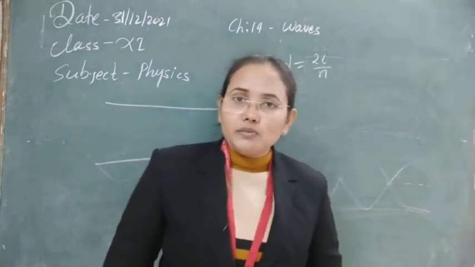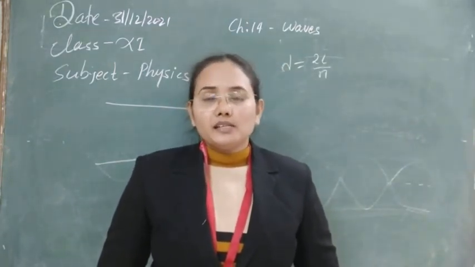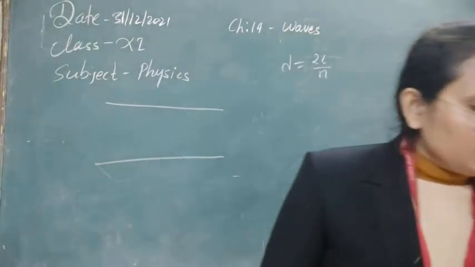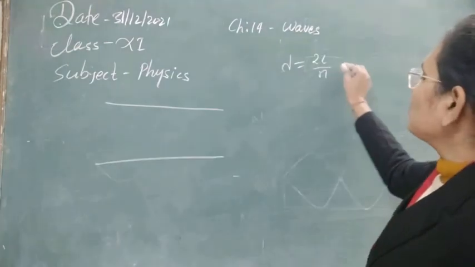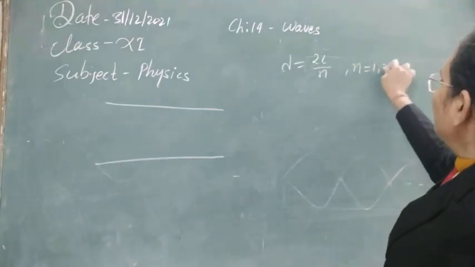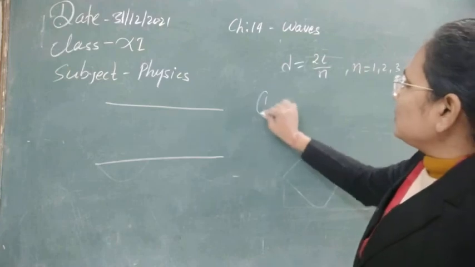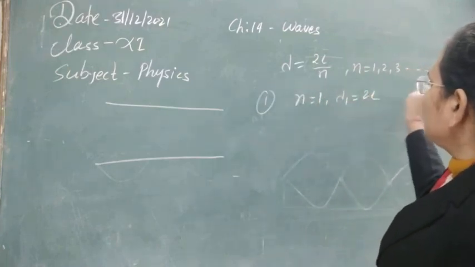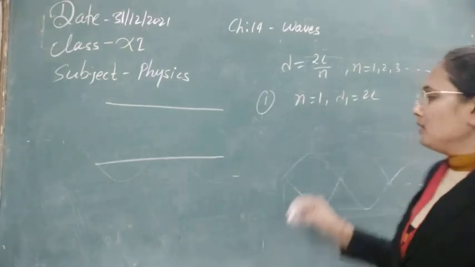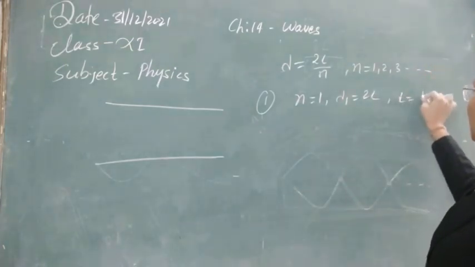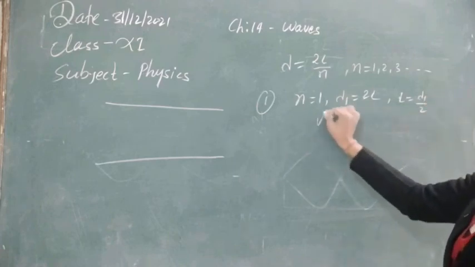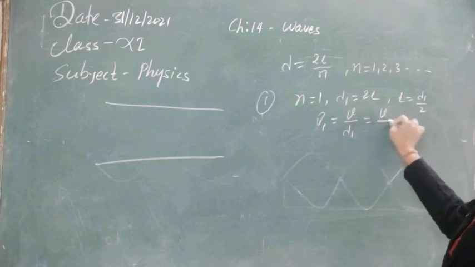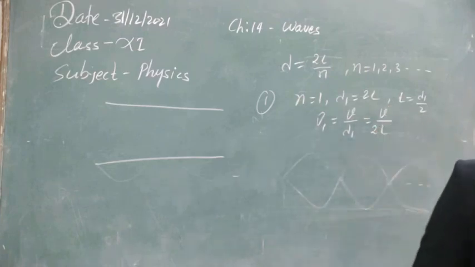In that case we were getting nodes at both ends, but here we will get antinodes at both points. So let's do here the treatment for different modes of vibration, where n can have values 1, 2, 3 and so on. The first one, for n is equal to 1, lambda 1 you can calculate, that is 2L, and over the complete length we will get a half wave. Similarly, the frequency you can get, that will be v upon lambda 1, so v upon 2L from here.